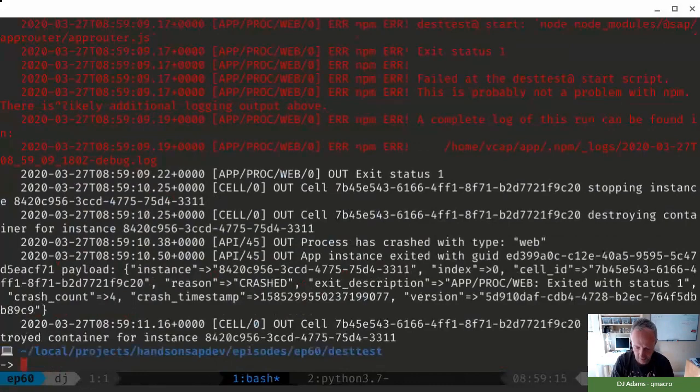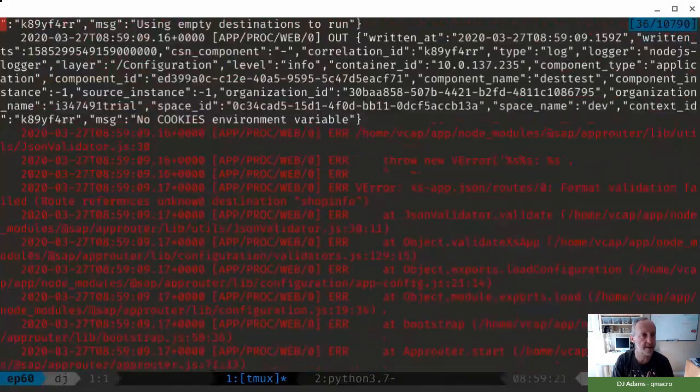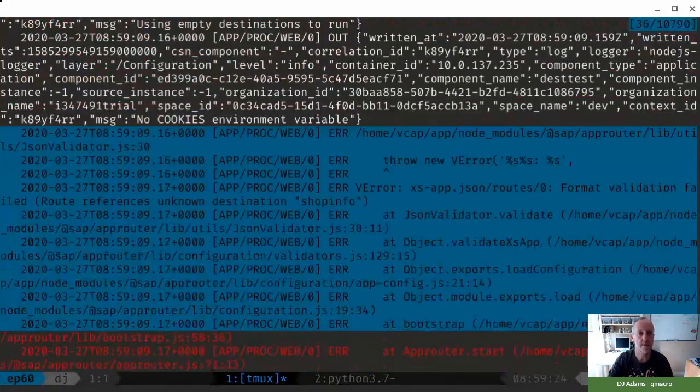Oh, right, let's have a look. Wow, this is a long one. VCAP, okay, this is what manages all the environment variables. Format validation failed, root references unknown destination shop info. But we've got the destination shop info. Why is that? What? And the reason is